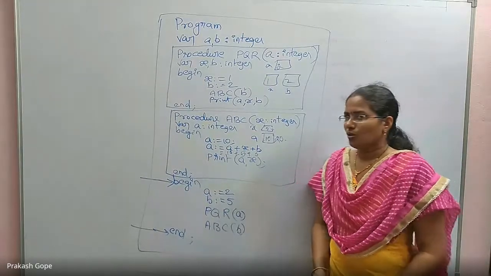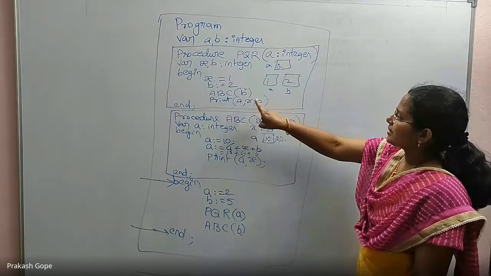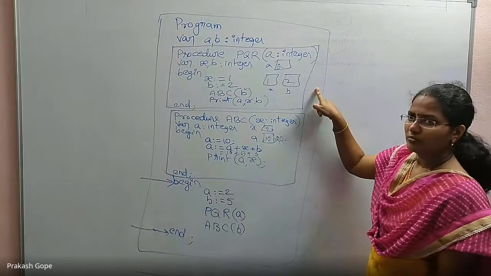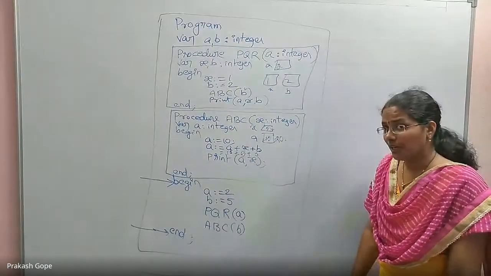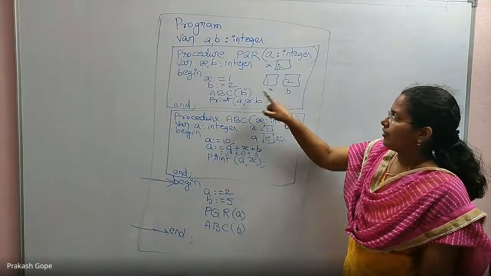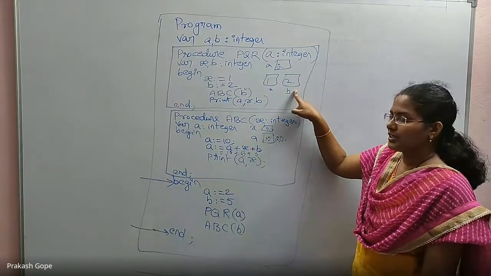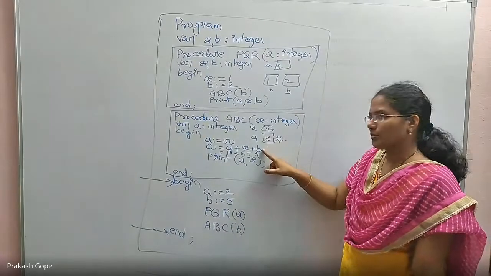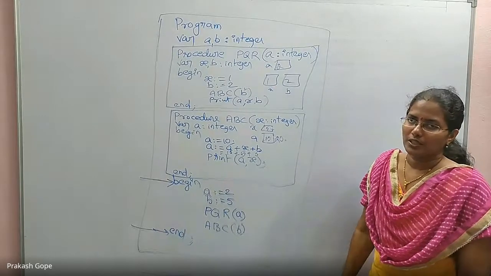So with static scope, just by seeing the program, I will understand. If I access a variable that is not declared here, it is from the outer block. Clear? But with dynamic scope, you need to execute and see. Who called ABC? When ABC is being called from here, I access this B. When I called ABC from the global program, I access the global program's B. So it is the calling environment's B. That is dynamic scope. Is that clear?